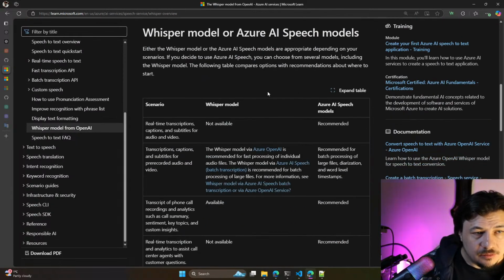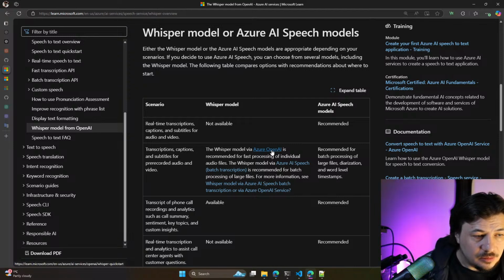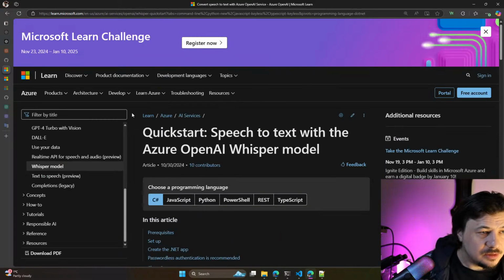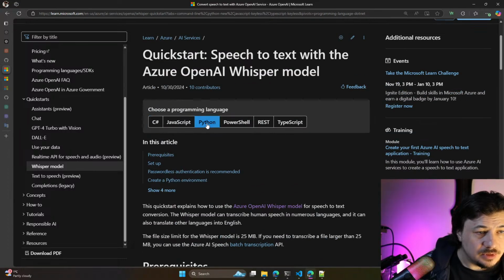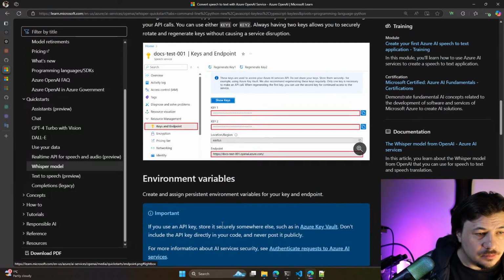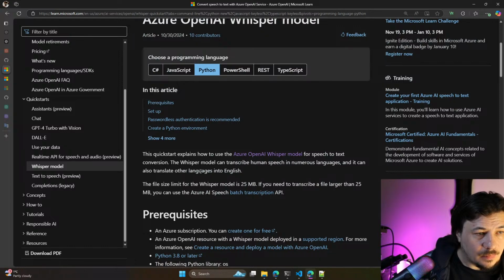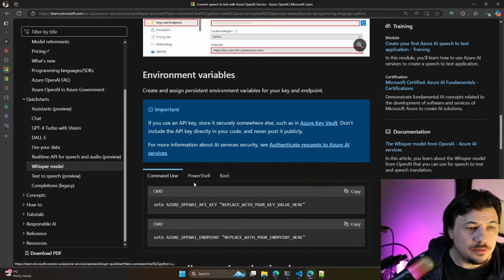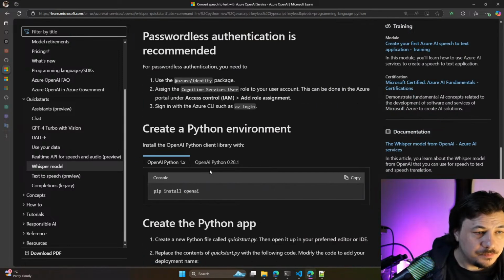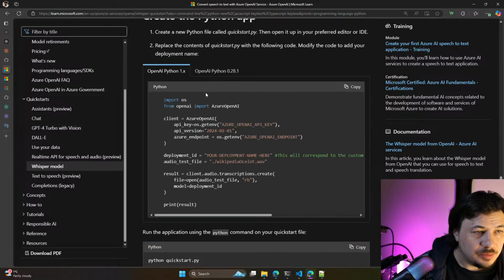And whisper model, Azure AI speech models, OpenAI quickstart, and we want that Python quickstart setup, Python environment, create Python client audio transcribe create, deployment ID.